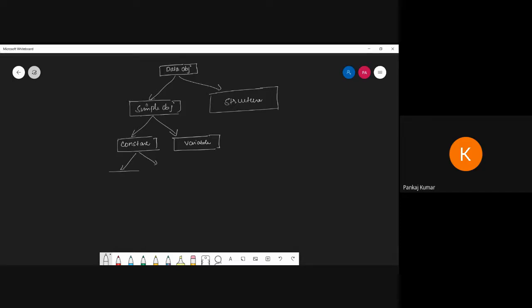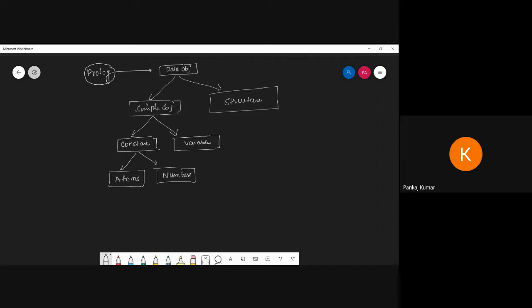It can be called atoms, and this part is called numbers. So these are the terminology in Prolog programming.